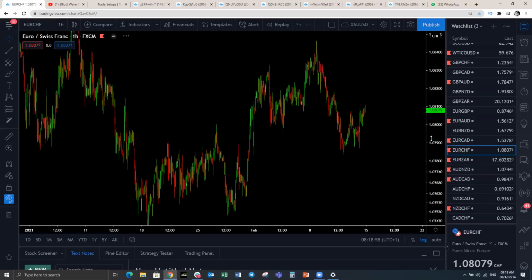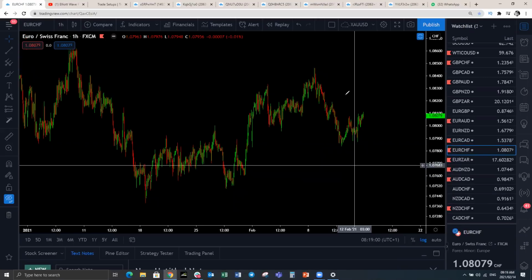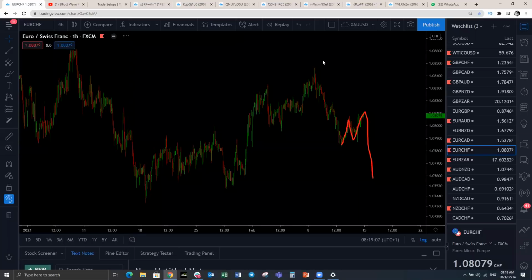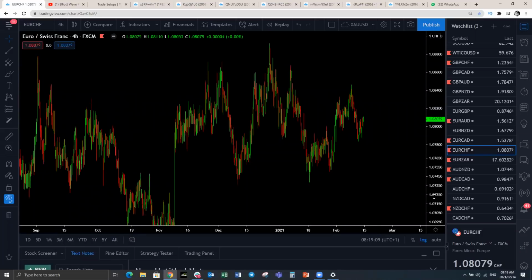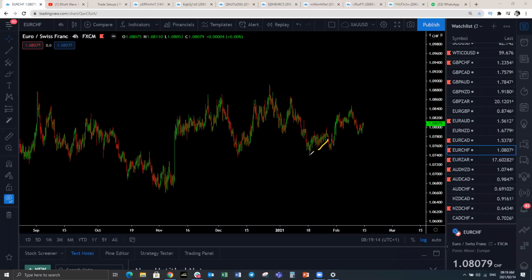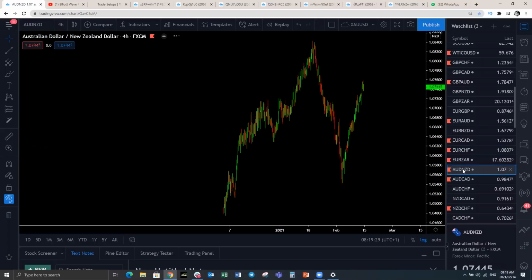EURJPY. Right, so EURJPY on the 1 hour, we're expecting this one to make a continuation to the downside. So if I just go to the 4 hour and show you the structure that we forecasted last week, this is what we expected last week. Last week we had this structure. We actually forecasted it from here, expecting this to make 1, 2, 3 waves to the upside and then a drop. Now we're still expecting that drop to continue on EURJPY. So watch out for this for downside. That is EURJPY.